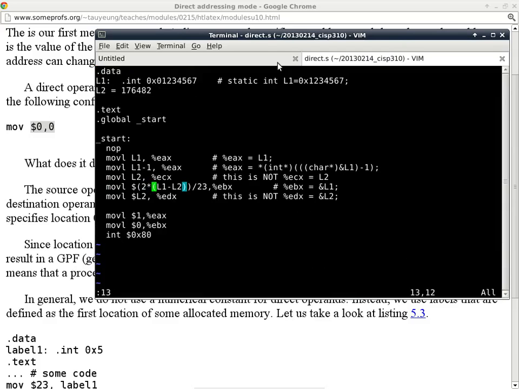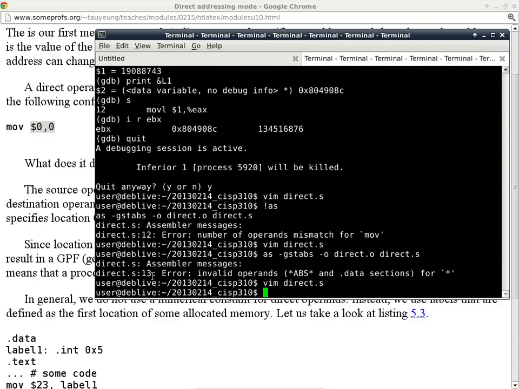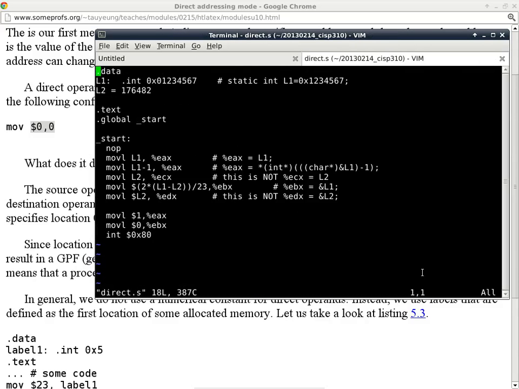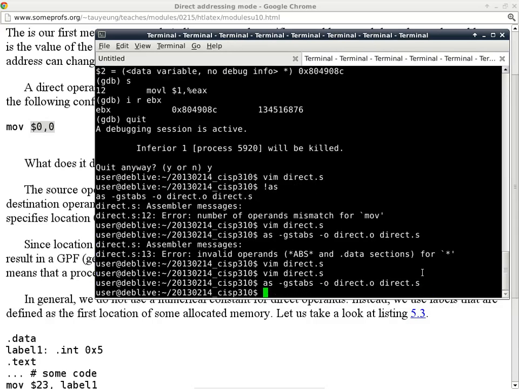static int L1 equals 0x01234567 semicolon. Okay? But it's a very rough approximation. Because the way, okay, let me just write this so that you can see what I'm talking about. Okay, so only for this class we can kind of, sort of, maybe look at it this way in C. So in C it's kind of like static int L1 equals